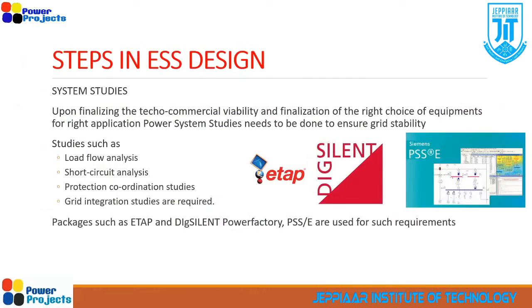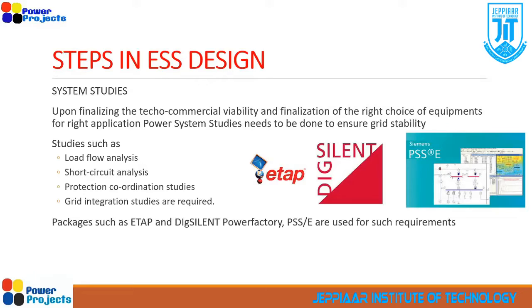And when it comes to technical feasibility, after putting in the right size of PV, wind, energy storage, bidirectional converters, batteries, everything, we need to validate whether the system is technically working, whether it is technically feasible. Check things like voltage profile, losses, equipment loading due to sudden loss of grid, whether the system is able to work in a standalone mode, what will be the reduction in frequency, what will be the increase in frequency. All these things we need to check.